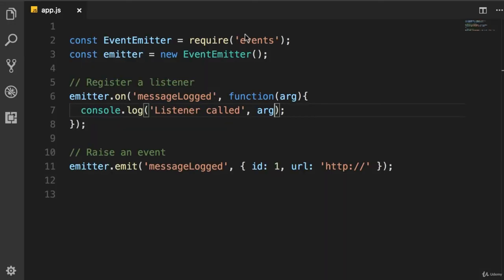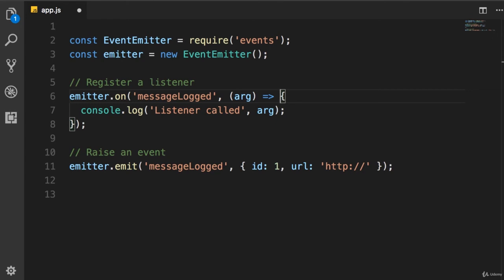Now, one last thing to make this code a little bit simpler. In ES6 or ECMAScript 6, we have this feature called arrow function. With an arrow function, we can get rid of this function keyword. So here we have the arguments, and after that, we have the body of that function. Now, to separate the two, we use an arrow, and that's why we call this an arrow function. You can see this syntax is a little bit simpler, and a lot of people prefer to use arrow functions